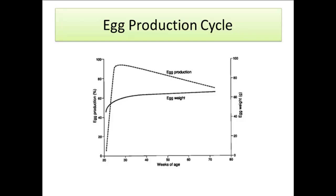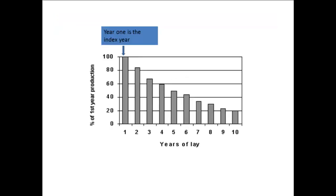But you'll have to get used to, on your farm with your breed and your management system and feeding system, what have you. You'll start to get a pretty good idea about how long you should be keeping your layers in there. Okay, here's another example, just to look at this graph here. As we look at the years of lay, you can just see over time, year one here is the index year. So if we're at 100% of her